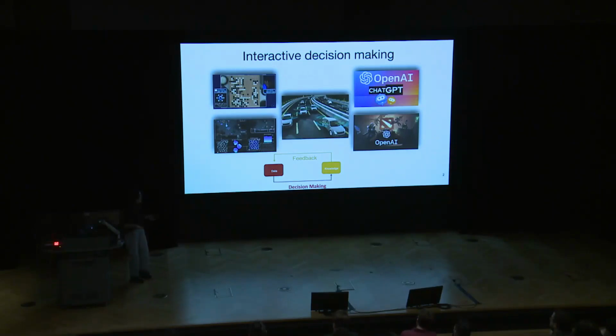So reinforcement learning is this kind of interactive decision-making loop. It interacts with the environment and collects more data. This is a good action, that is a bad action, and it updates its knowledge, so it updates its policy of playing this game. In the past years, we have heard about many interesting products like AlphaGo, AlphaStar, and also OpenAI Five.